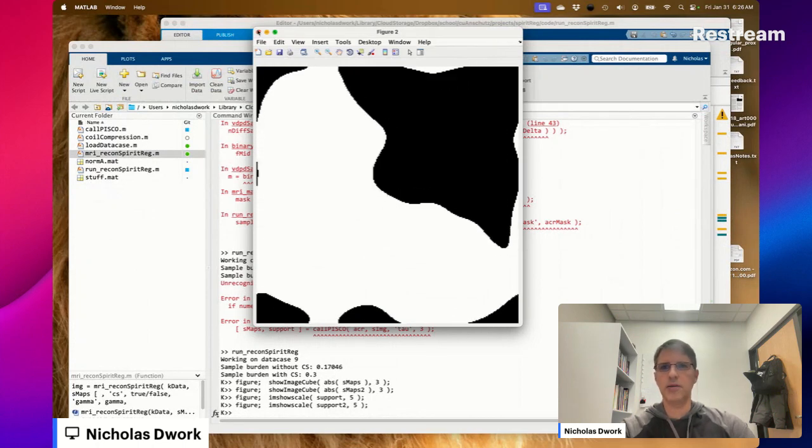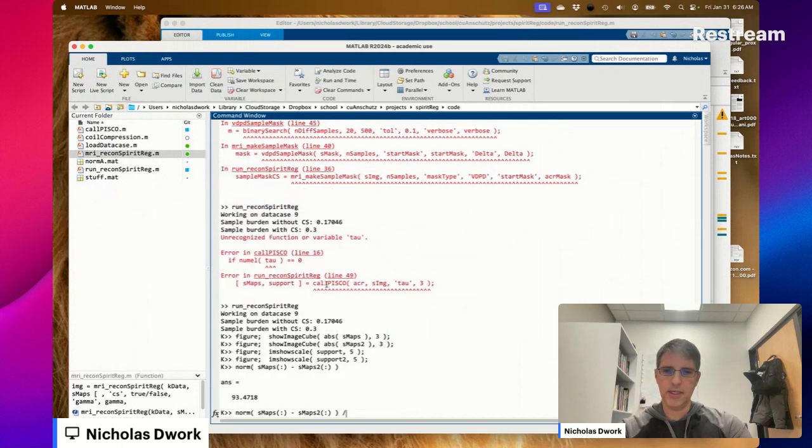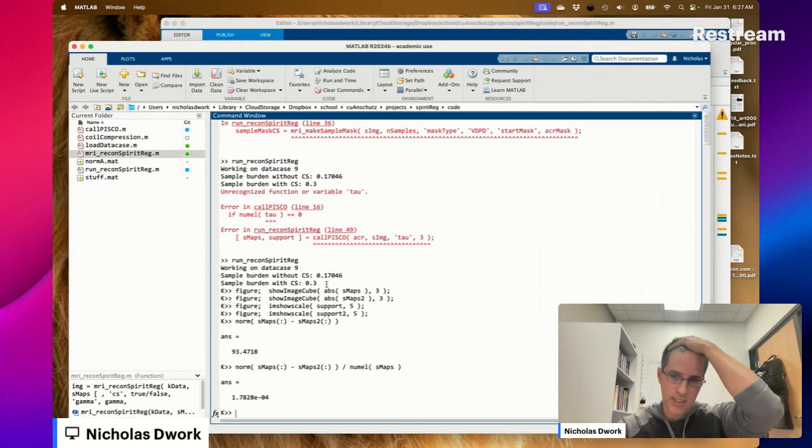Okay, unsurprising, the supports are different. That's fine. Now what's the norm? S maps minus S maps 2, divided by num-L S maps. 1 times 10 to the -4.